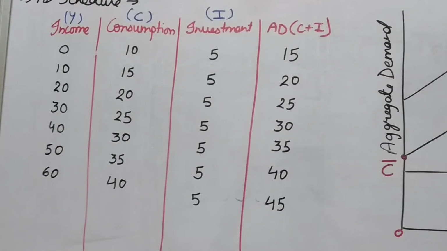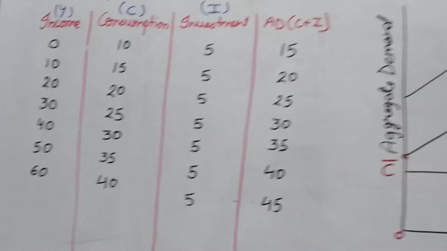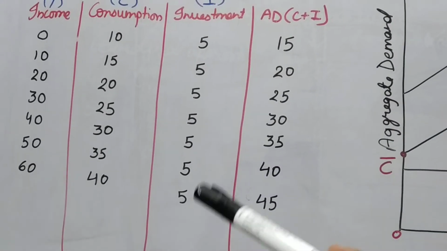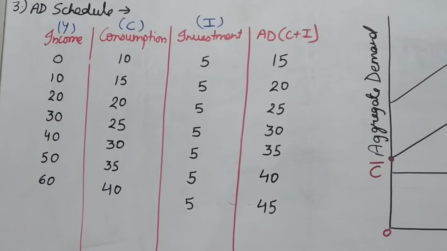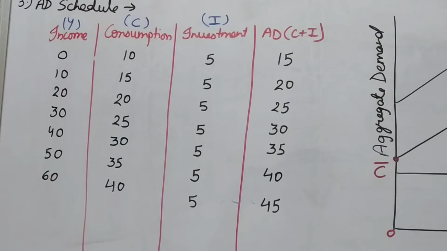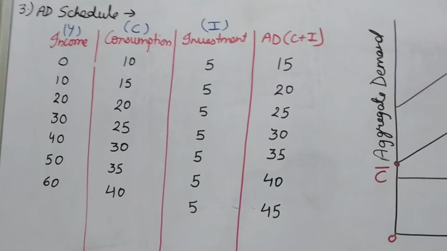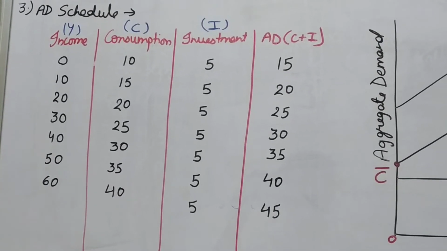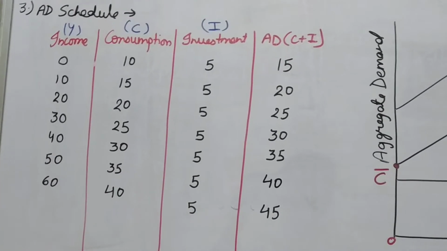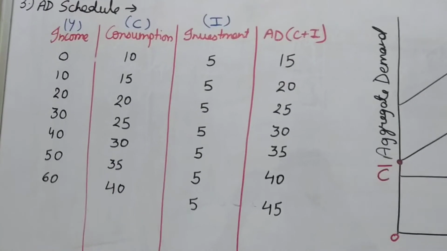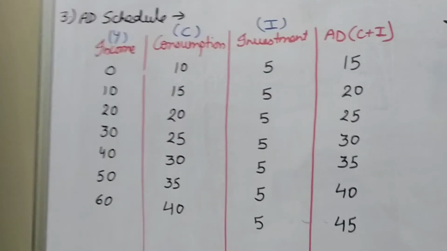The second type of investment is autonomous investment, and we are using autonomous investment. This investment is done by the government, and this type of investment is not at all affected by the profit, and it is not at all affected by the income also. It is always constant. Okay, so this is also another assumption. Now let's see first of all income.